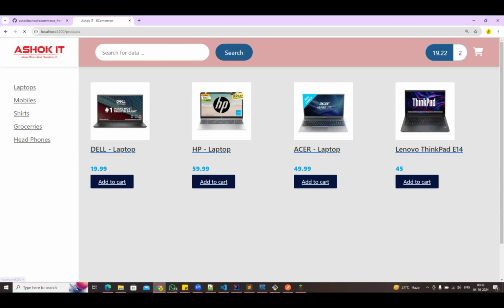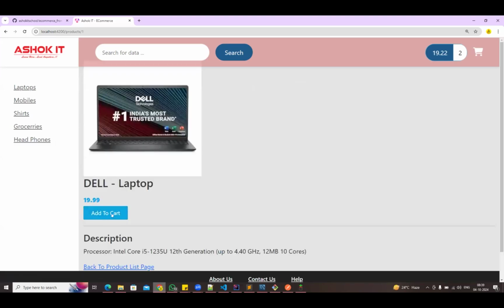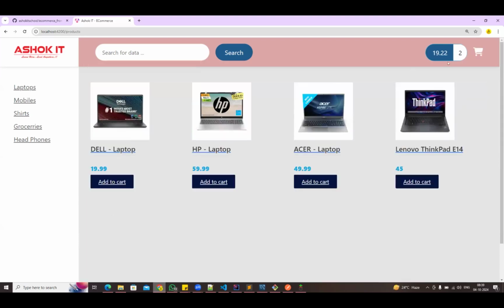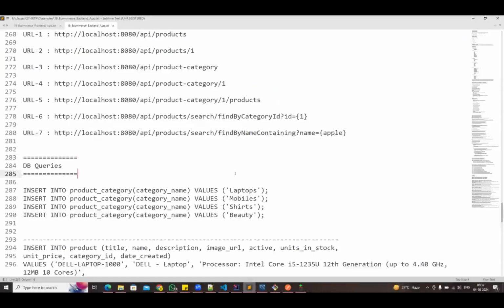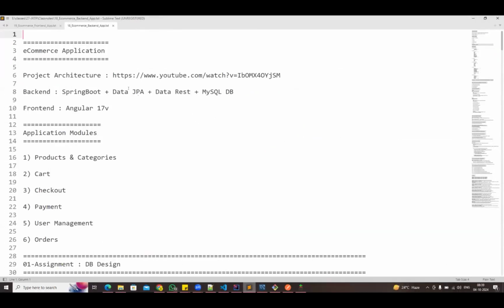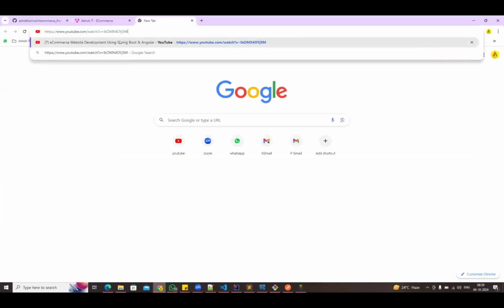So this is the cart requirement, and we can add to the cart from here. And if you go to the master view, here also add to cart is available. From here also we can add to the cart. And if I add one product 2 times, then that price should be updated. So if you see in our URL, the URL which I have given, cart item is available. Cart and checkout is available now. So if you go to our project architecture URL,